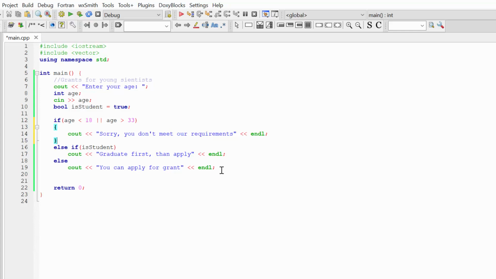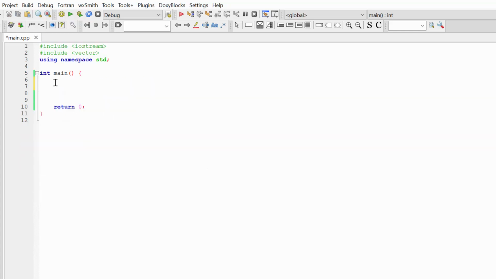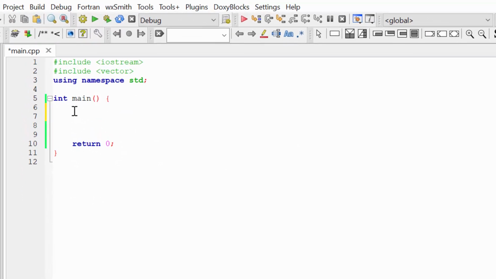One more interesting syntax I want to show you at the end of this lesson is the condition operator. So let's say we have a situation when some parents want to decide what will be the name of their child, but they don't know the gender of this child. So they're thinking, okay, if the gender is male, we are going to give him one name, but if it is a girl, we are going to give her a different name.